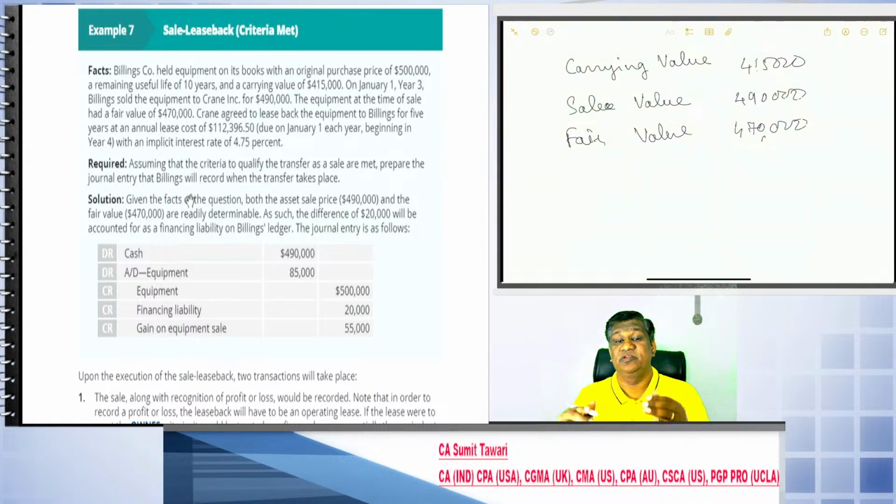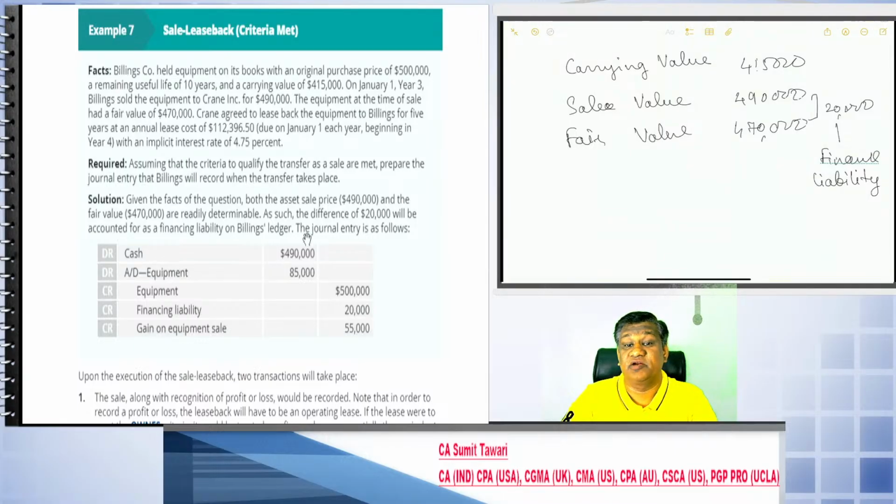So they have already confirmed the transfer qualifies as a sale. So we do not need to determine whether it is a sale type or a financing type transaction. We assume it is a sale type transaction, but here we received an excess of 20,000, which we need to consider as a finance liability. A finance liability or advance rent is considered only when the sale type transaction is qualified. So cash account 490,000,